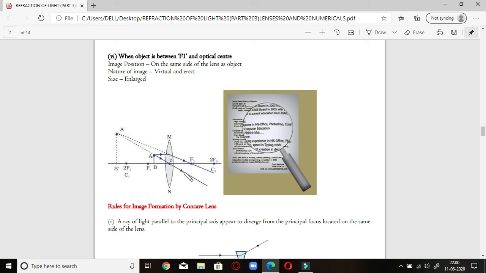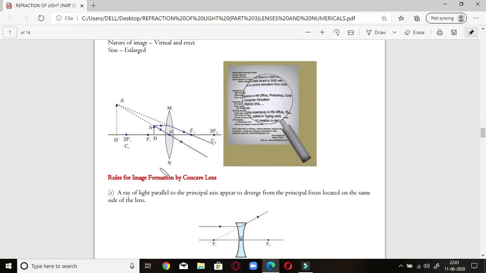One ray is this, passing through the optical center; we will produce it back with the dotted line. Another ray, which is passing through f2, is again produced back on the left hand side, so it will meet here at A dash B dash on the left hand side. Okay, now in this case you will find that u is negative, f is of course positive, v is also positive, h1 is positive, h2 is positive. So everything is positive except this u, which is negative, while using it for numerical purposes. So these are all important diagrams for the convex lenses.